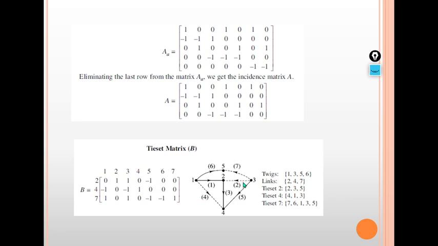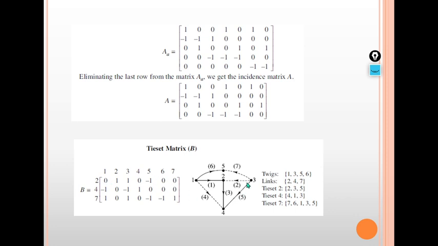So from this you can make a loop. First loop you will see the links are 4, 2 and 7. So 2, 4, 7. Now make a loop, right, and find out this tie-set matrix. So I want to show you that if I take this 2, this is the link direction, so now it will go the same direction 3, so 2 and 3 branch, this is +1, +1, but 5 is opposite, so this is -1.